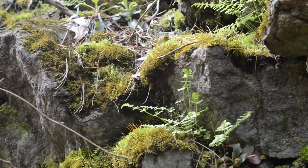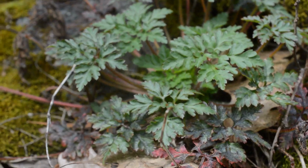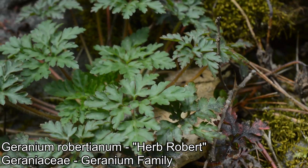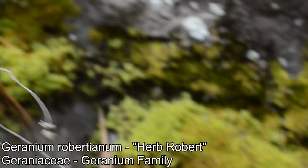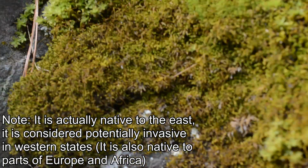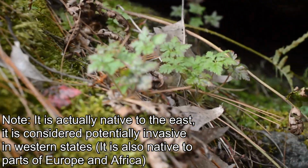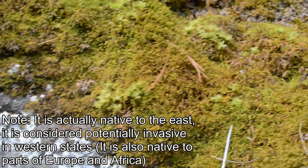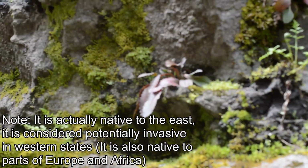The rock wall habitat. It's pretty nice. Oh, and then I think this is an invasive species. This is Herb Robert, a species of invasive geranium. And these flower stalks look like they might have been from Eurybia divaricata, based on the basal leaves emerging up at the whatever. Don't need to worry about all that right now. Yeah, the leaves on that